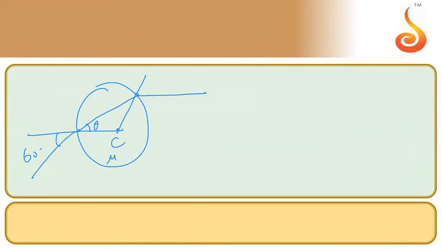My dear friends, do you all agree with me? Triangle ABC is an isosceles triangle because two sides are radii of it. So if this angle is theta, this angle is also theta. So if 60 became theta from rarer to denser, theta should again become equal to 60. Clear to all of you?